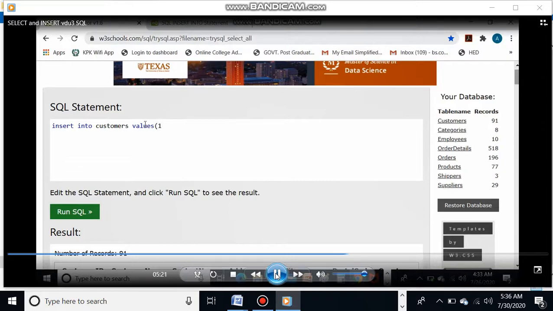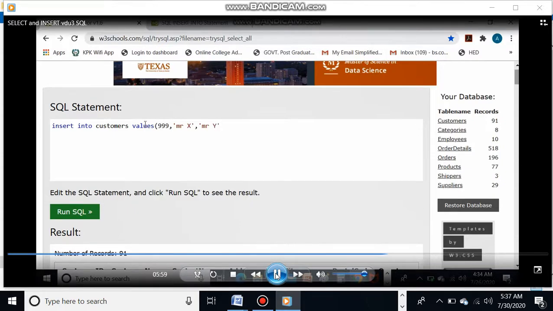Okay, the fields with numeric values need not be enclosed in apostrophes, and the values which are strings must be enclosed in single quotes. Okay, suppose 999 is the ID, right? And here we have Mr. X as the name of the person, and then a contact name, Mr. Y, let's suppose,